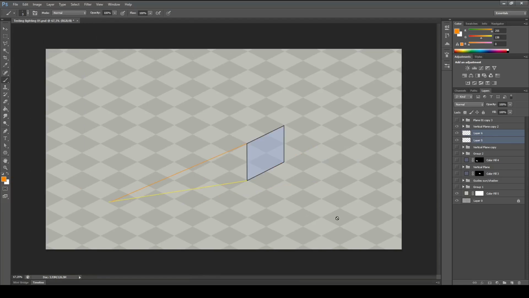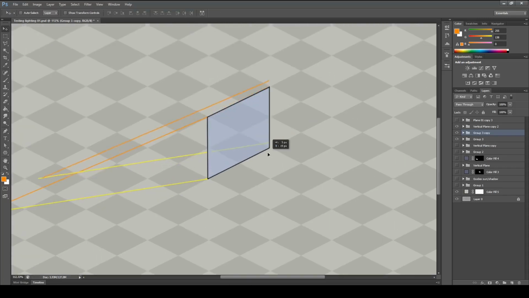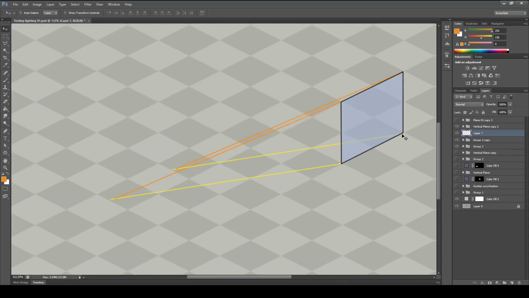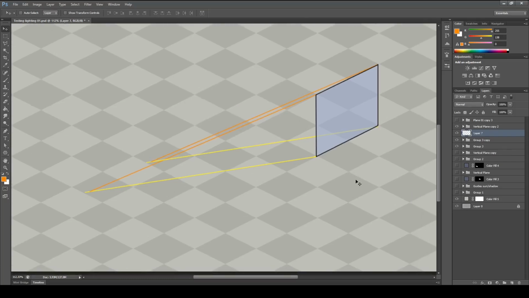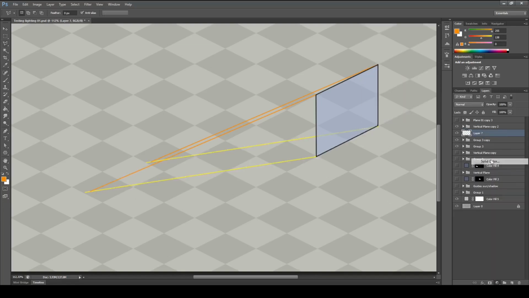We can group these two layers together, these two lines together, and then duplicate them and then just move them over to where they touch the corners on the other side. And now you'll see that your shadow is going to be cast in this area here. So let's quickly select the lasso tool and create a new selection and make a new solid fill layer,